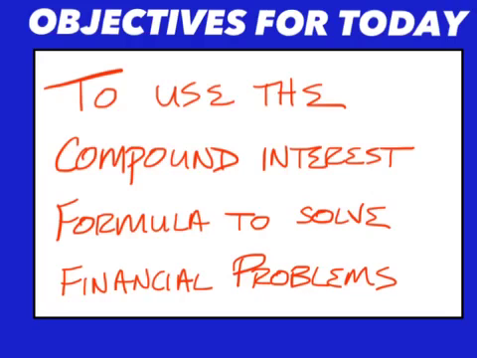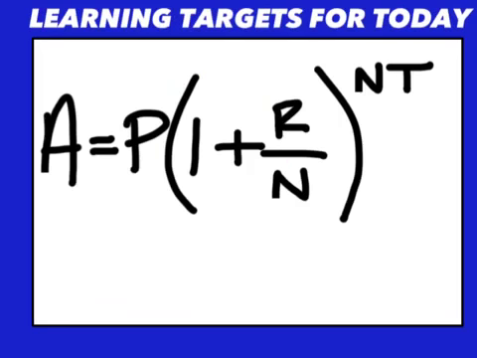To use the compound interest formula to solve financial problems. And the formula is the following. It is the amount equal to the principal times the quantity to the n t power of 1 plus r over n. And these items have obvious meanings, such as A for amount